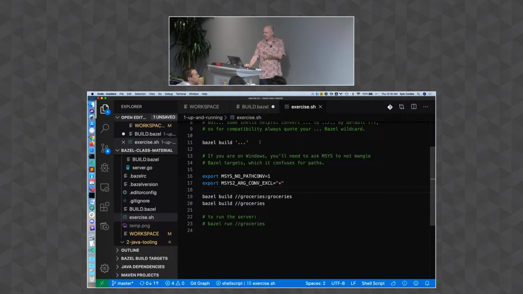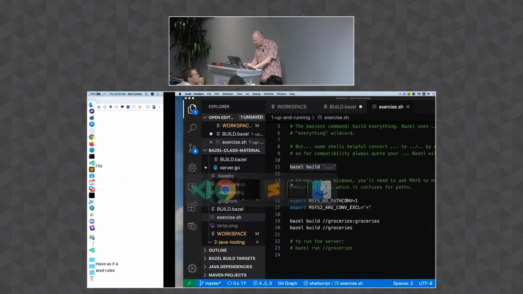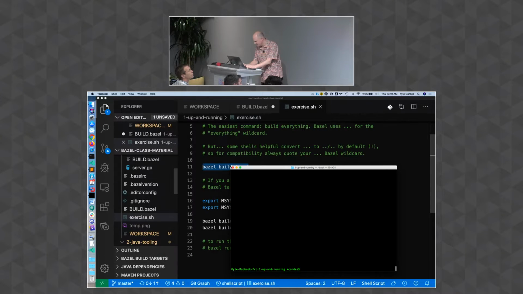So I know all the commands in this shell script work because these are the ones I run in CI on multiple platforms. So I know that I can run this and it will work. So I will now do so. So I guess I'm going to change into that one directory. So actually, yeah, I just realized I need to do a